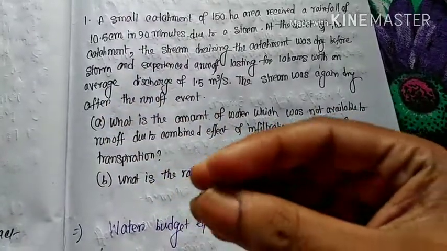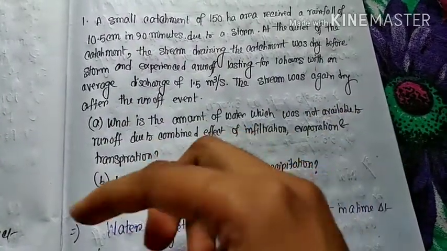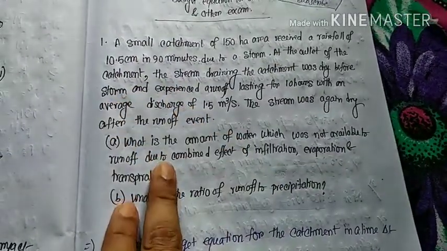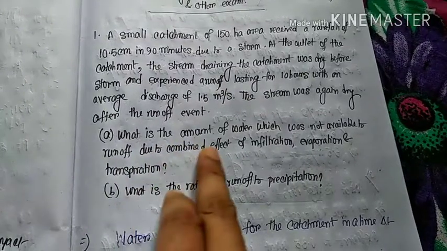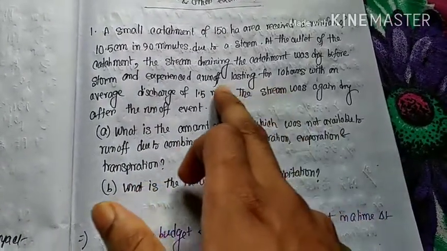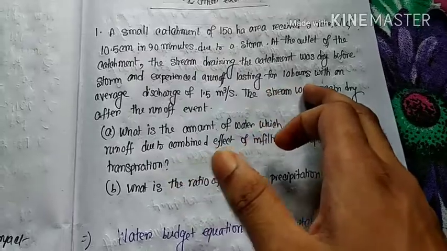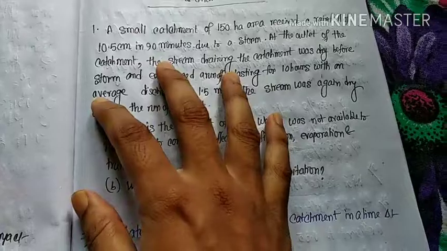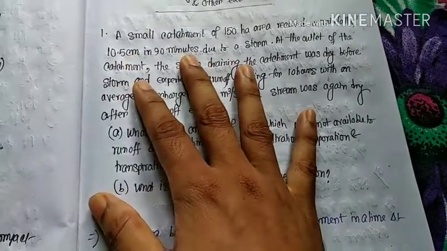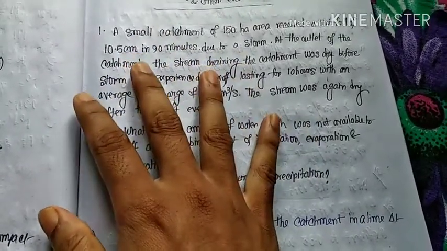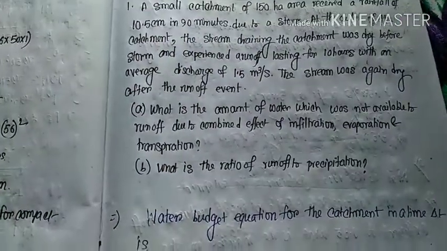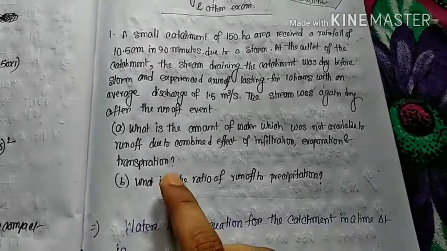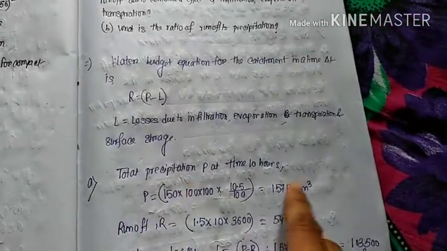So the continuity equation is always related to some amount of time, delta t. That time delta t we have chosen here as 10 hours, because the runoff lasts for 10 hours, and in that period the rainfall occurs for 90 minutes only, and the depth increased by 10.5 centimeter. Okay, now if you multiply that with the time of 90 minutes, then you get this amount of